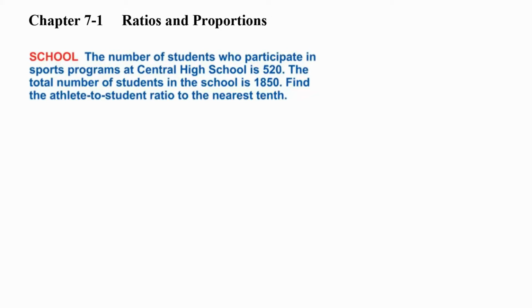Chapter 7.1 covers ratios and proportions. The number of students who participate in the sports program at Central High School is 520. The total number of students in the school is 1,850, and we want to find the athlete-to-student ratio to the nearest tenth. To set this up, we need to look at the number of athletes